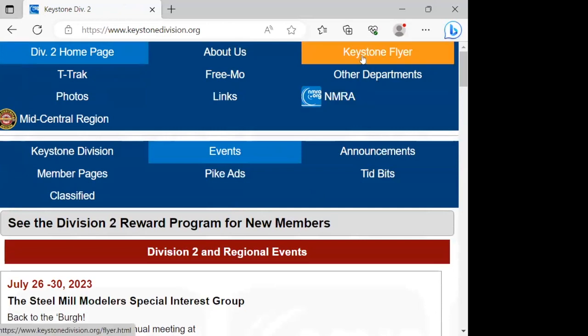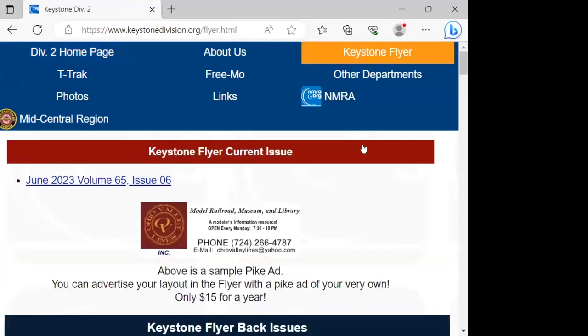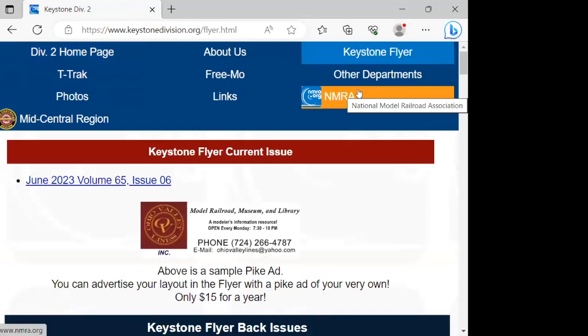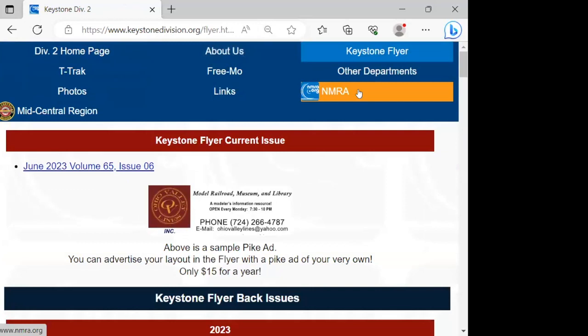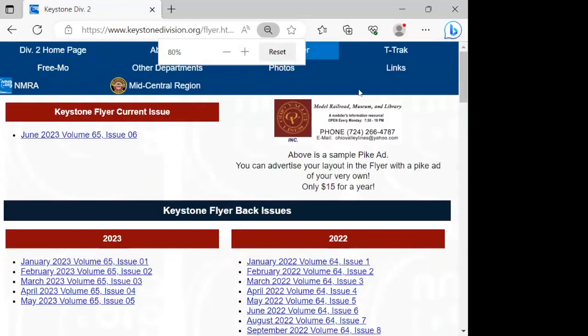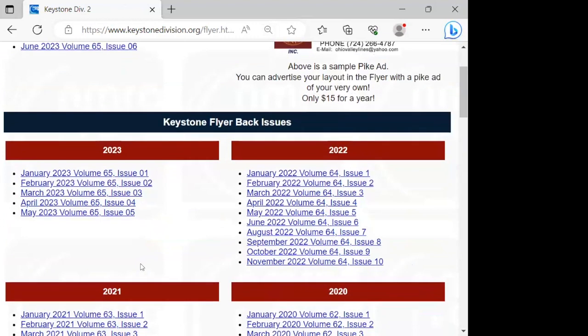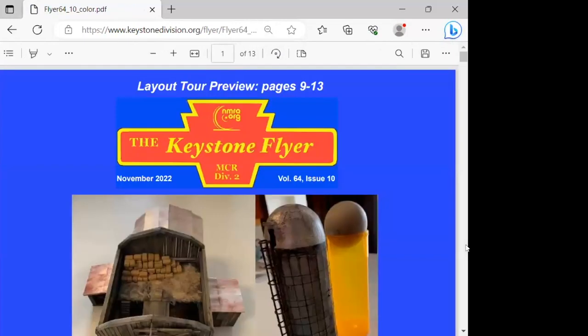This is the website for the Keystone Division. Control minus. That fit better? There we go. So this is the way you get to their monthly newsletter. The Keystone Flyer is our super signal, if you will. And I just now notice I went to November 22, right? That meant I waded through all the other